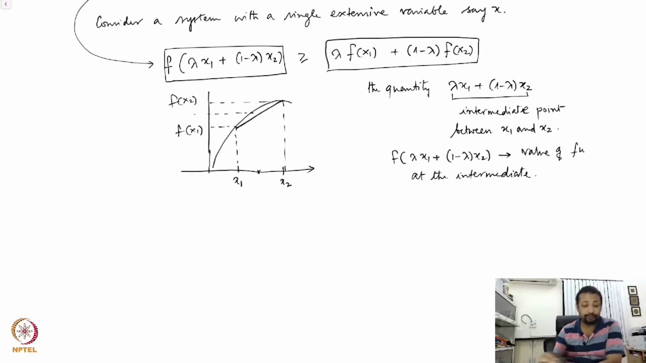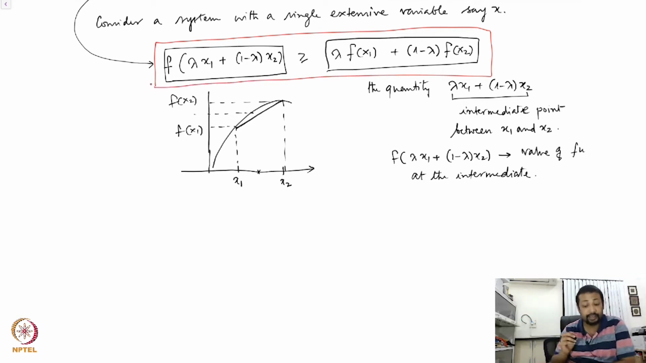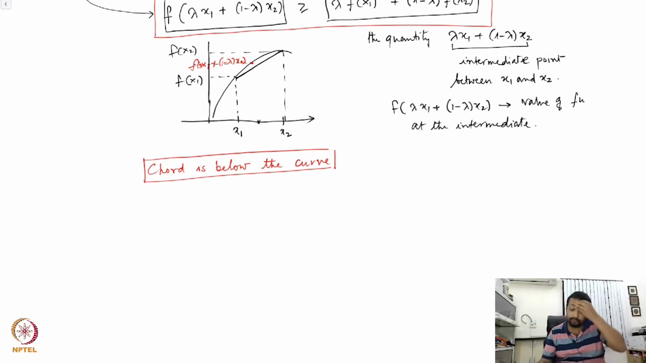So if you carefully look at this inequality, this effectively means that the chord is below the curve. This idea is extremely simple. The left hand side corresponds to the value of the function at lambda x1 plus 1 minus lambda x2, and that must be above the chord. So essentially this inequality tells you that a concave function is one where the chord is always below the curve. However, the problem with this inequality is that